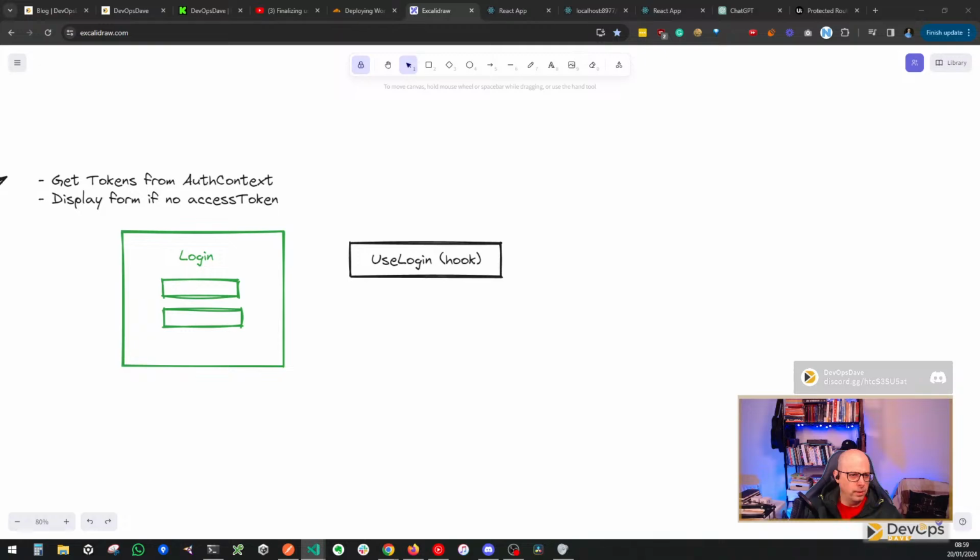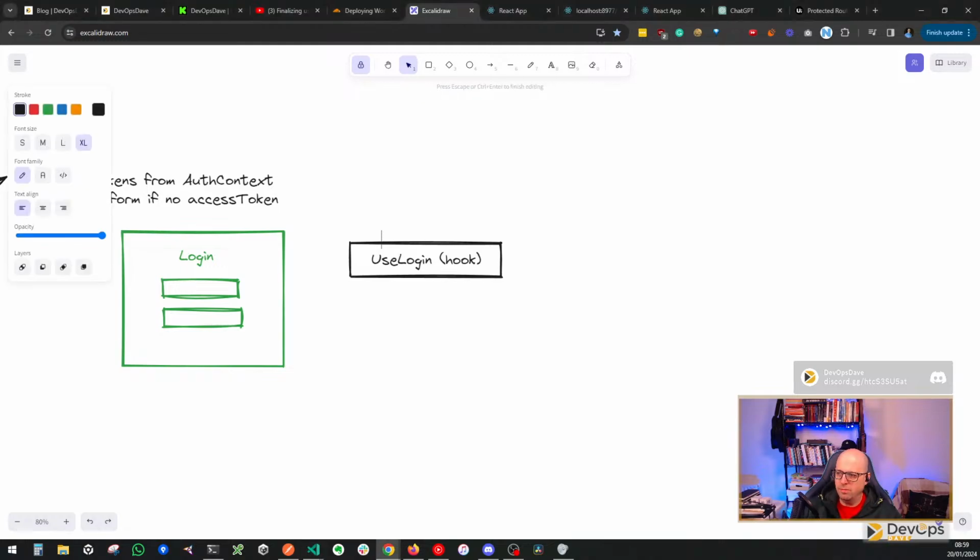Oh, wait, where am I getting that? Where's our login form? There we go. The login form is getting use login, which is a hook from, currently it's from use fetch from